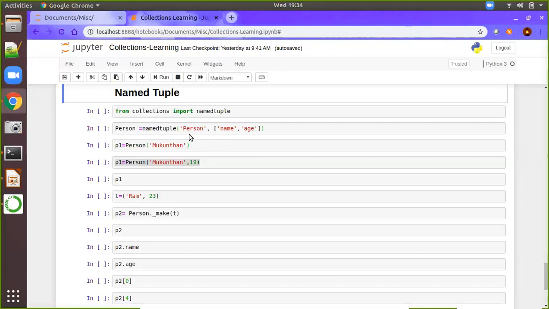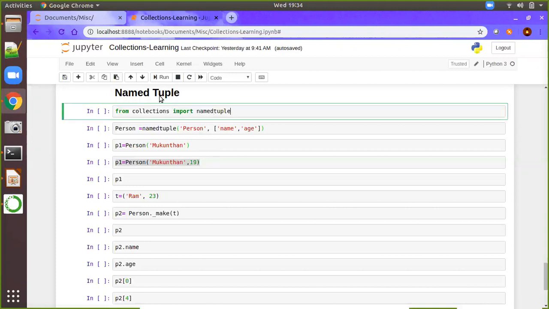Okay, fine. So we give the name and the list of attributes attached to the person namedtuple. The name of the tuple is Person and the attributes attached to it are name and age. And I'm giving the variable name as person as well. So in this case, the tuple name and the variable name are both person. Now, whenever you create the tuple, rather than mentioning only the parenthesis, you mention the variable, person, and then give the parameter values.